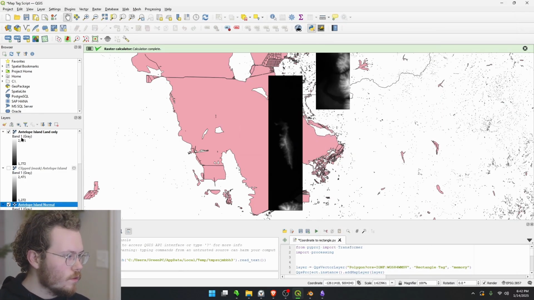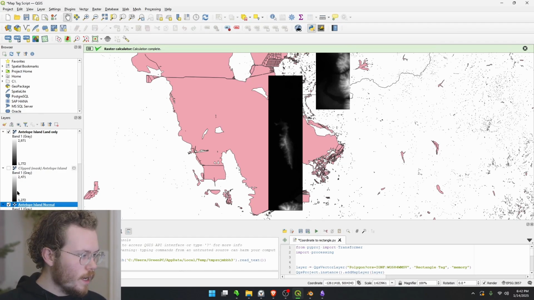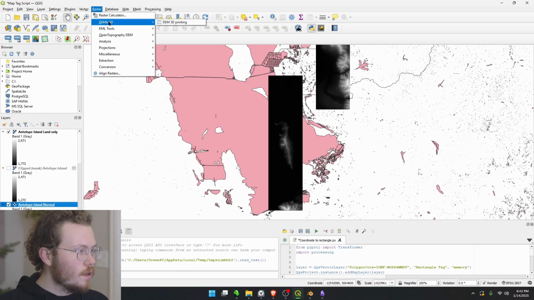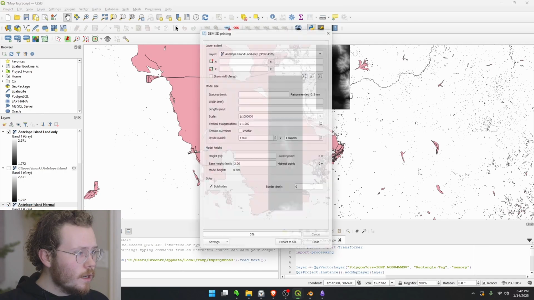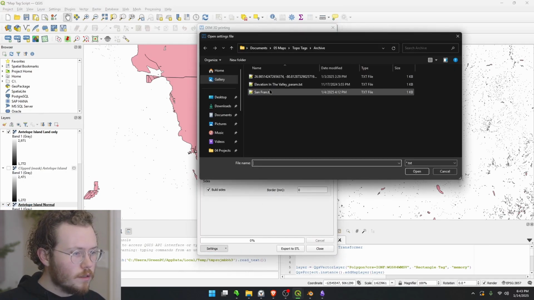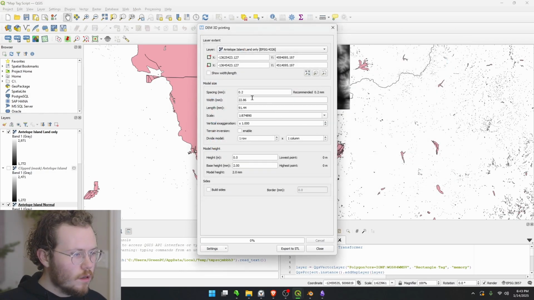Okay, great. So now we've got these two maps. They've been offset. Now we can export these using the DEM to 3D printing plugin. You just do that. I'm also going to be importing settings. This should give us the correct width and height and everything, and scale. So I'm just going to copy this and then change the island layer to be the one we're actually selecting. Repaste that,